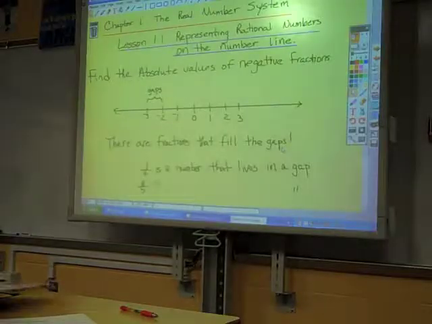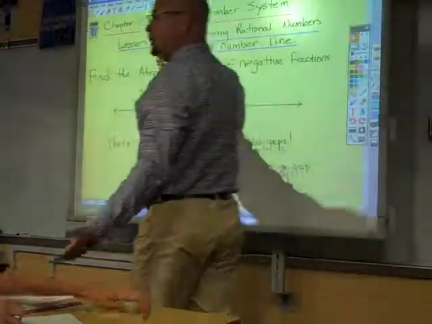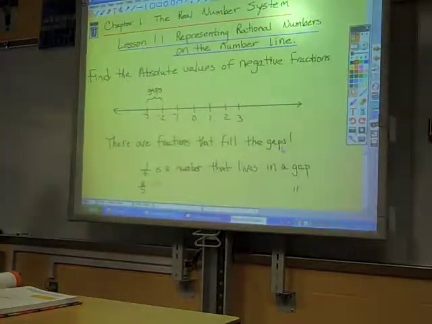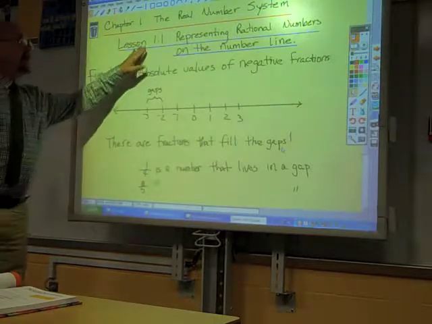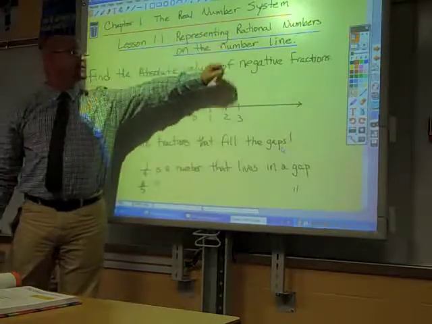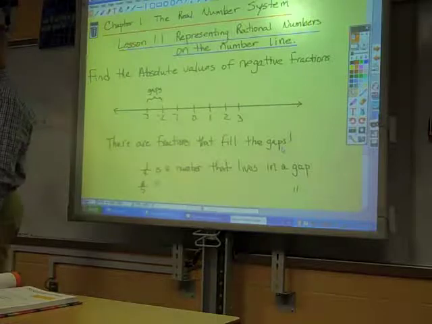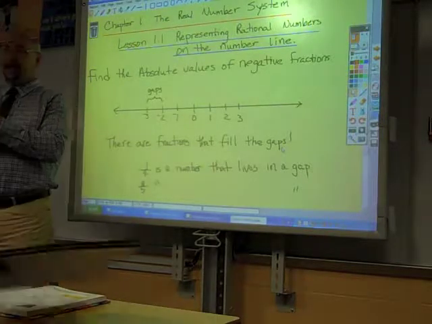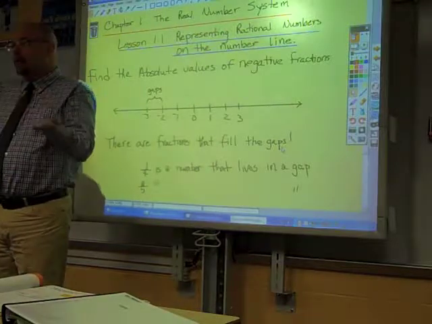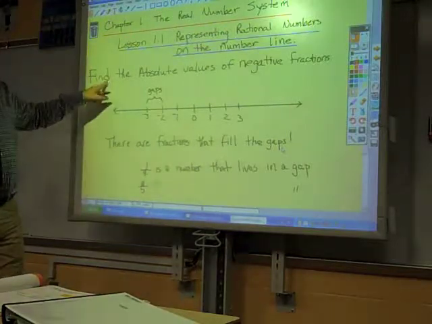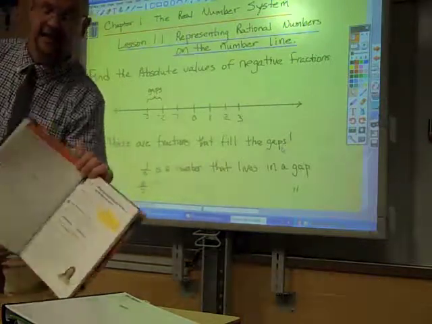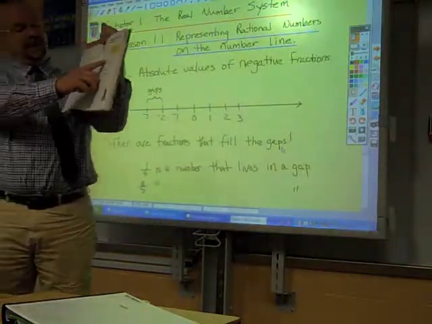All right, so we have chapter 1, the very beginning of the book, the real number system, and we're going to start with lesson 1.1, which is on page 7, and it's called Representing Rational Numbers on the Number Line. Okay, so what we're going to do is learn all about these kinds of numbers and where they live on the number line. The first section that we're going to cover in lesson 1.1 is finding the absolute